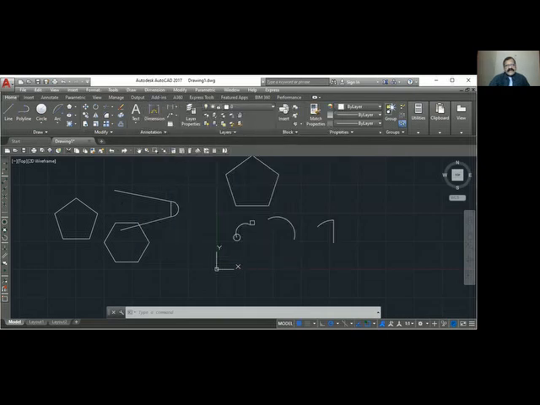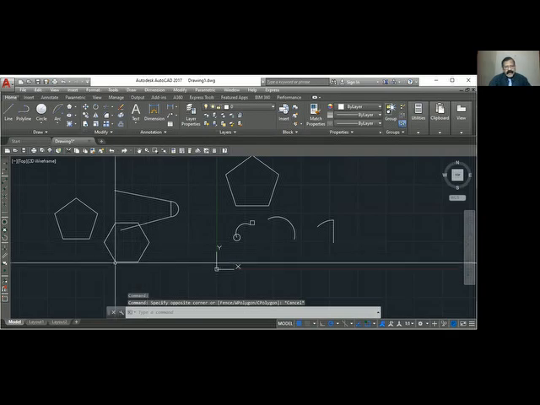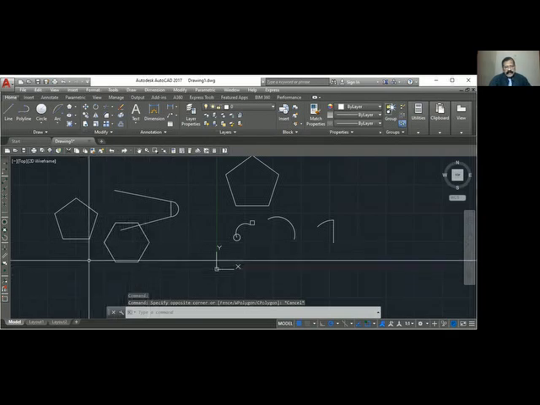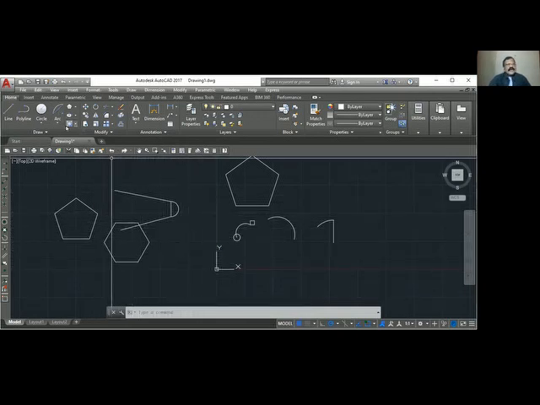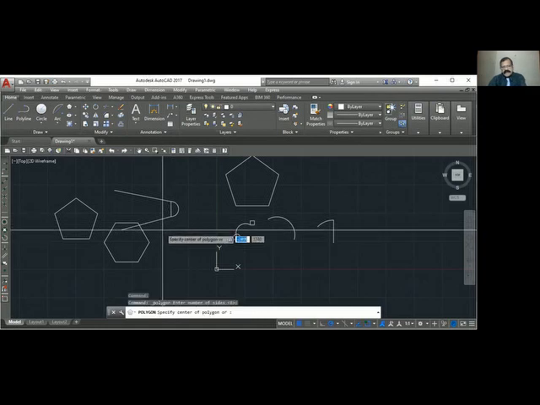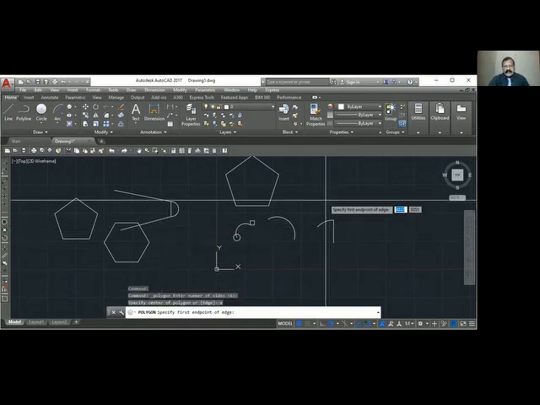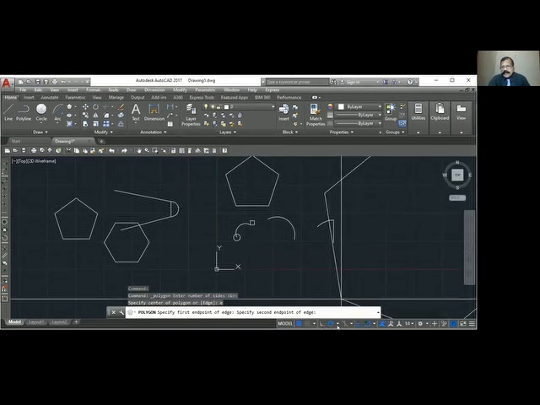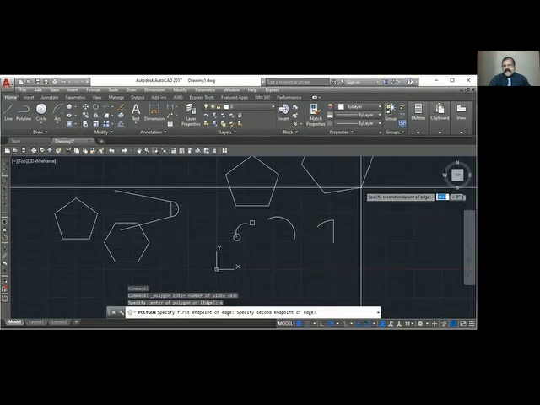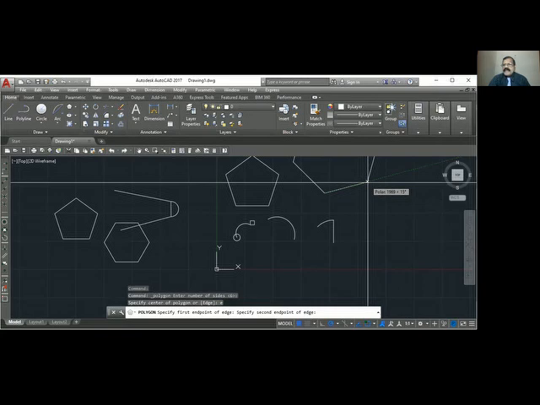Okay, now you can see that the main line is parallel, horizontal. Suppose you want to draw this at a 15-degree angle. So what you will do is go to polygon, 6 sides, edge, E. For the second point, I will switch on polar tracking, which we learned last time. Click the polar tracking on. You can see that 15 degrees is on. So you go here, now it is 15 degrees. Track the length, 1 meter.